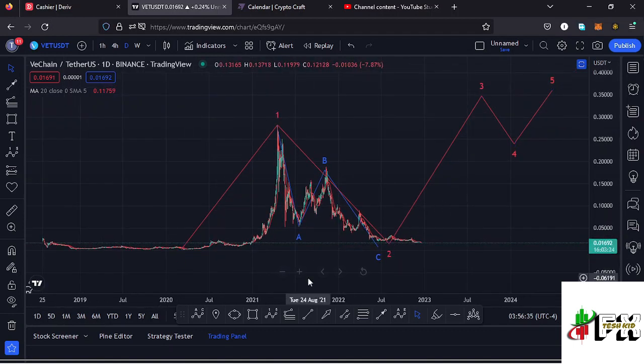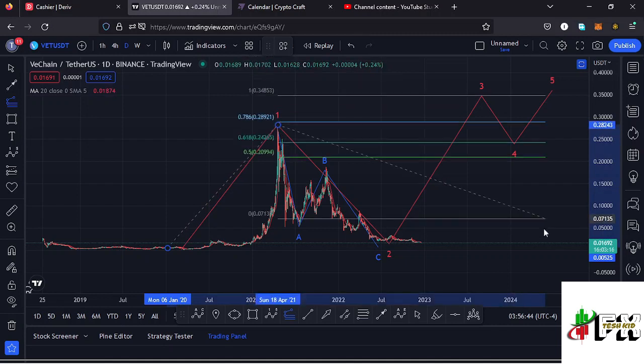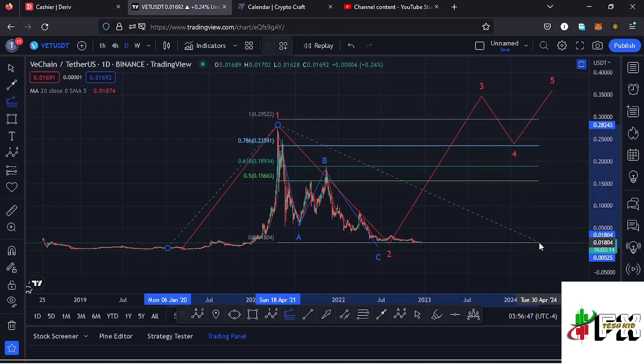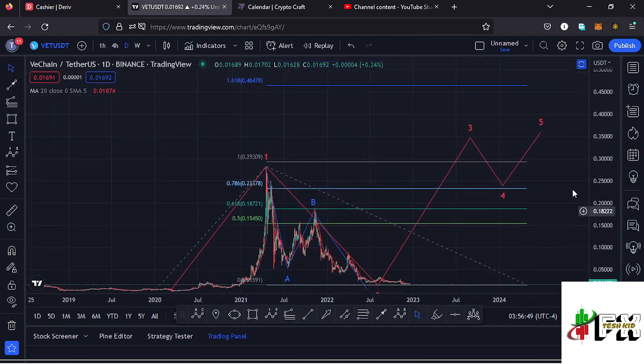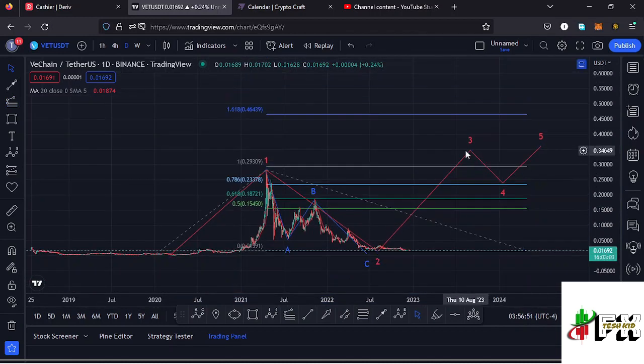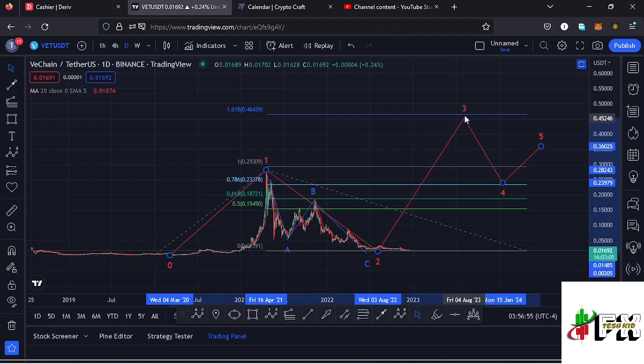Also sketching out a minimum target area to the upside in the formation of that wave 3 using a trend-based Fibonacci, connecting it from the low of the first wave to the high of that wave 1, then dragging the fibs to the low of the second wave. That gives me a minimum target area to the upside in the formation of that wave 3 at the fib level 1.618, which perfectly lies at around the $0.46 mark,